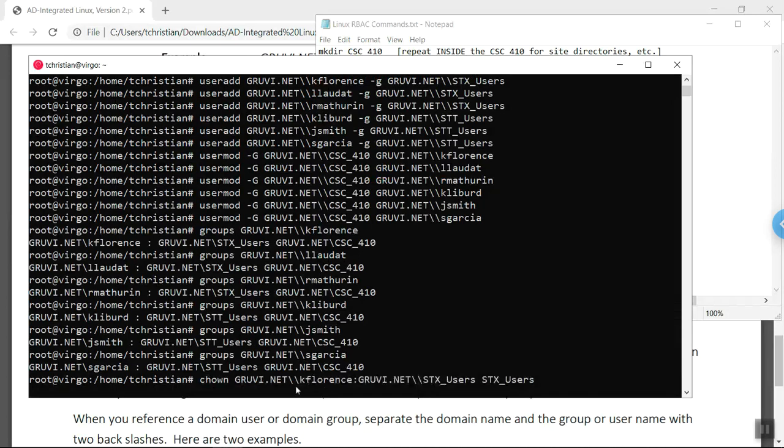That's the command we want. We're actually going to want to modify this because we're sitting in the root. This means we're going to be able to change the directory ownership of CSC 410. And I'm going to put kflorence in charge of that. She's going to be the individual owner,